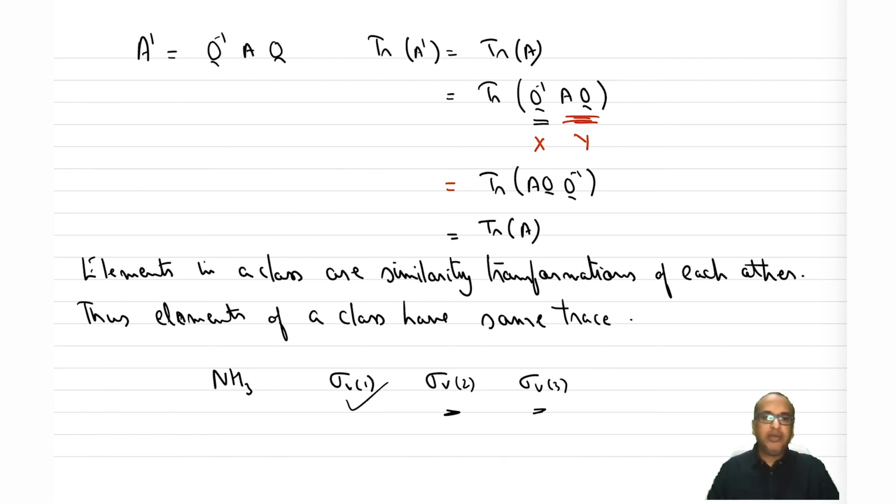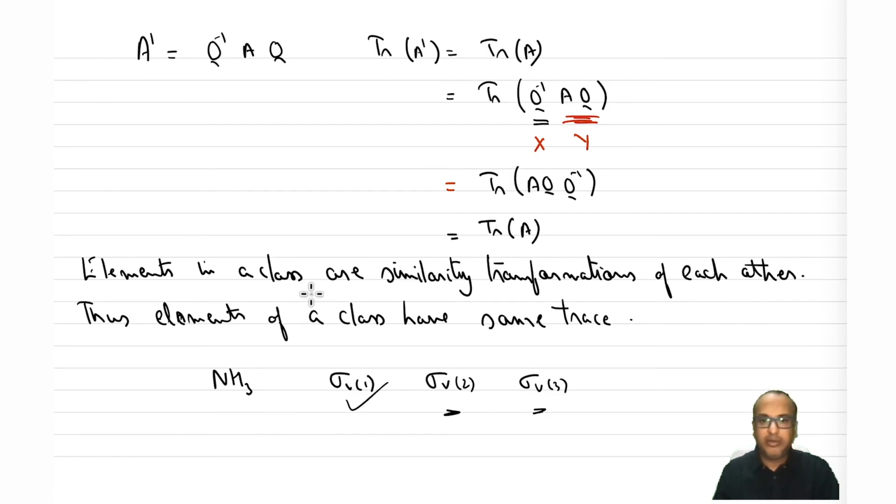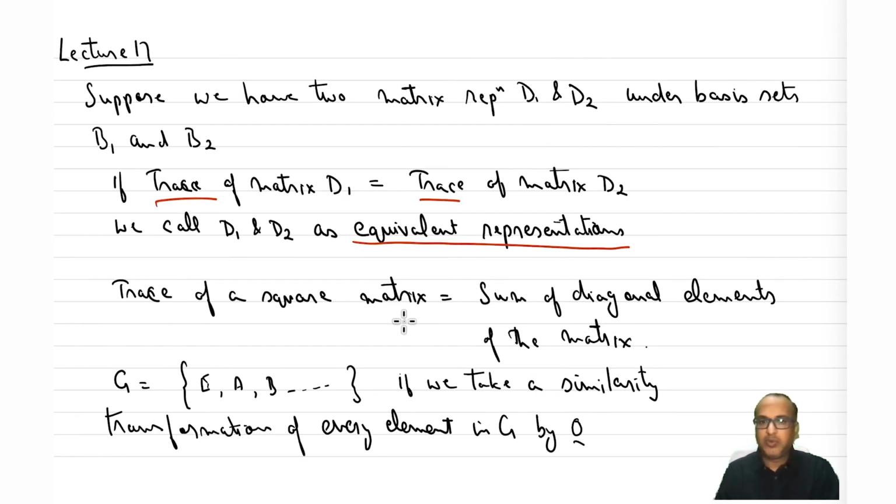So now we have seen how to write matrix representations and what are different ways of writing matrix representations. And now let us move ahead and see what are different ways of writing characters or traces. So we have defined here the trace of a square matrix as the sum of the diagonal elements. This is also called the character. So, character or trace. I'll be intermittently using the term either trace or character. Both of them mean the same thing. All right.